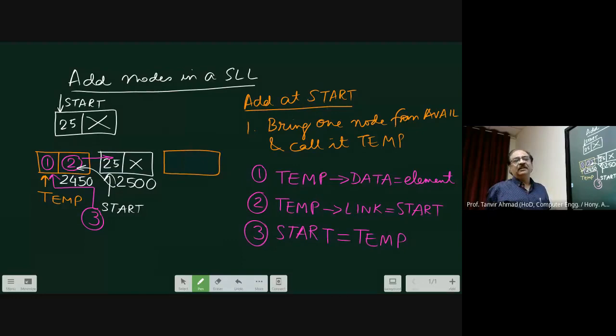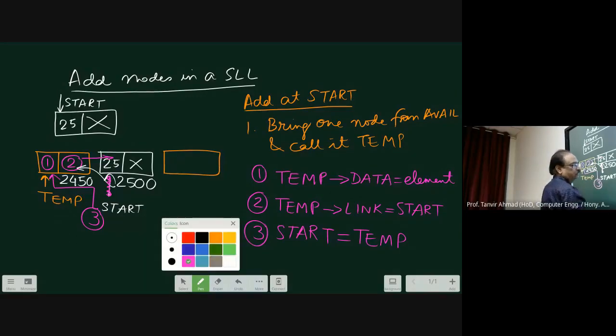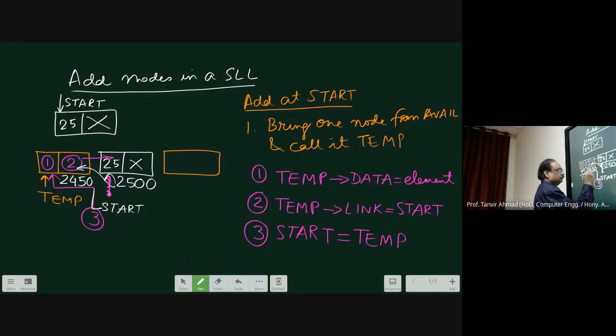Now start will contain 2450. And therefore, this node will now shift from here to here. And by this one, start is pointing to the first node. And this is how you are going to add a node at the start.